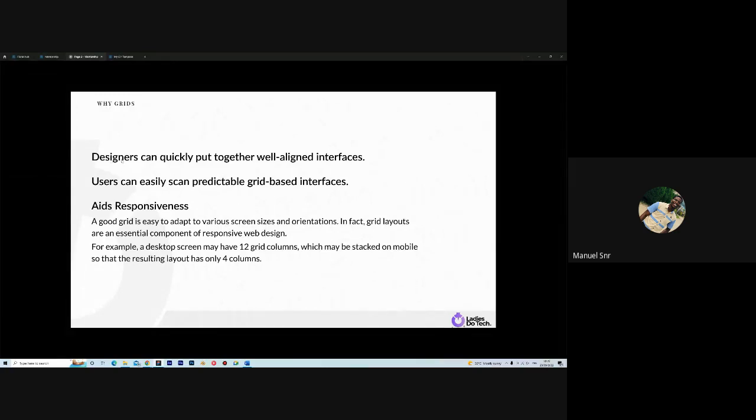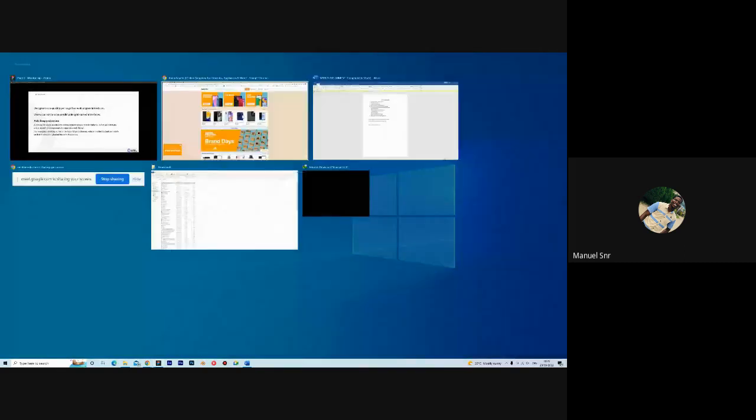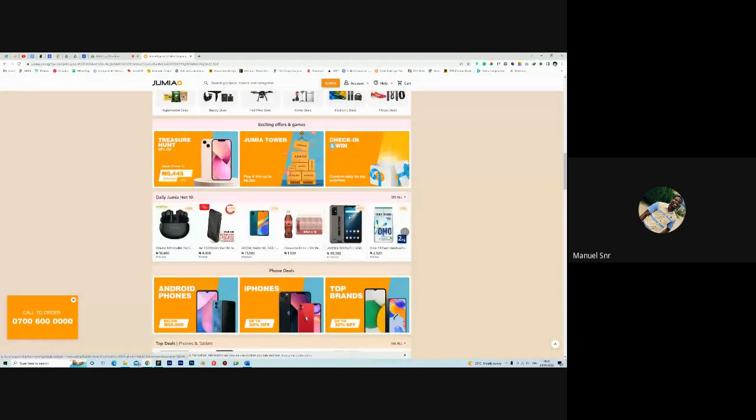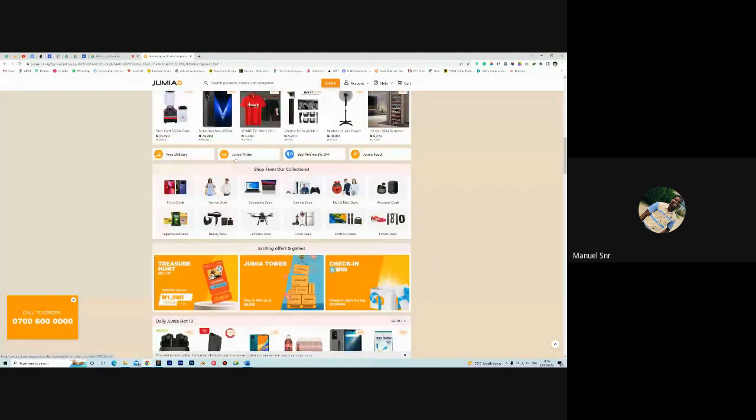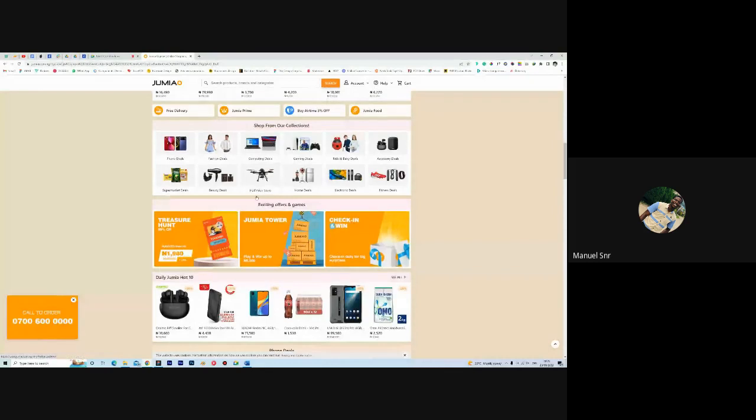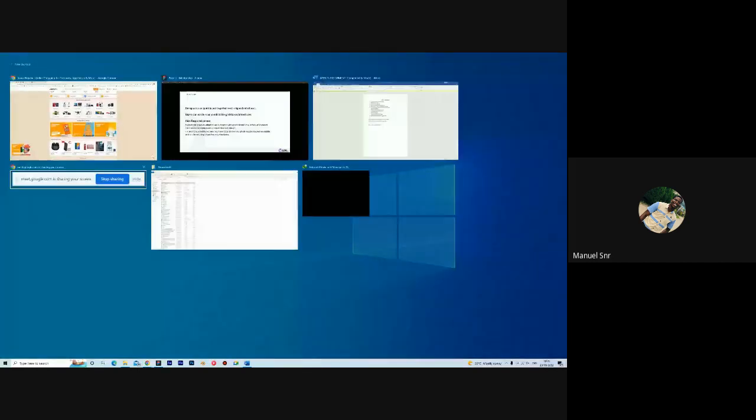All right. So why grids? As I said, it helps designers put their things quickly, and it helps to keep the design well organized. Also, users scan it easily because they know that, okay, at the left hand side is where there's repetition, just like we have on Jumia. You can see that these are products, this is how it is meant to be. You come down here, you're already used to something,